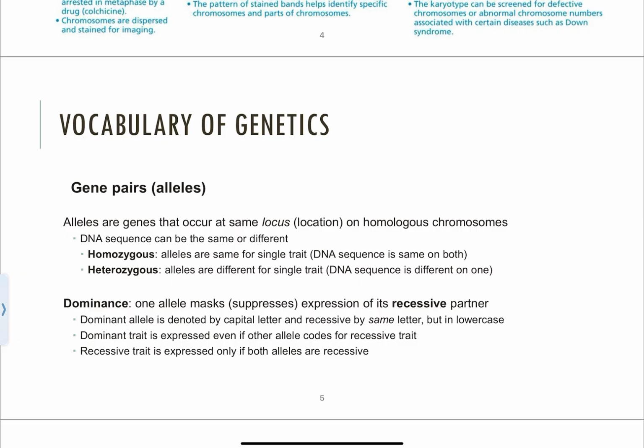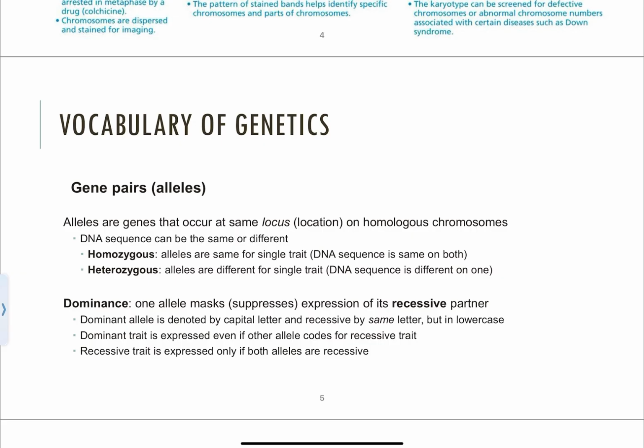So we have gene pairs, again, within homologous chromosomes, and these gene pairs we refer to as alleles. And alleles are just different versions of the same gene, and they can code for either the same or an alternate form of that trait. So we can either say that our alleles are homozygous, meaning they are the same for a single trait. The DNA sequence would be identical on both of the homologous chromosomes. Or we can say the alleles are heterozygous, meaning they are different for a single trait, and the DNA sequence on the paternal and the